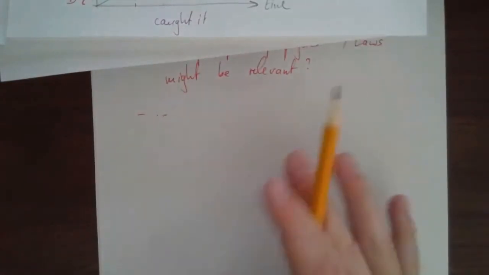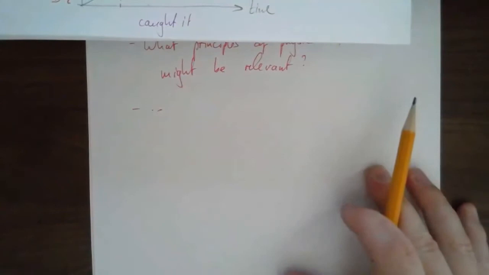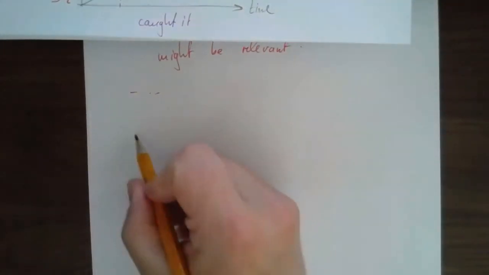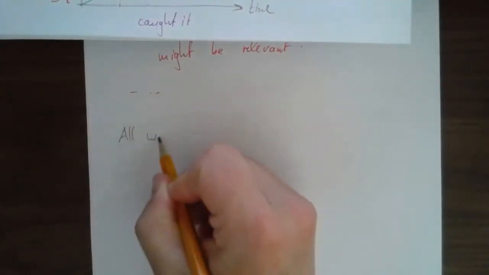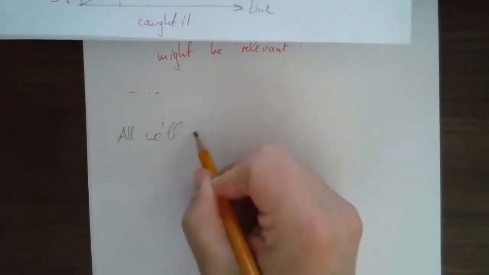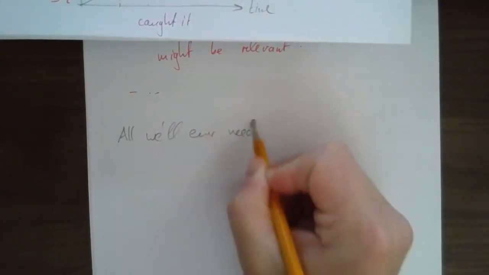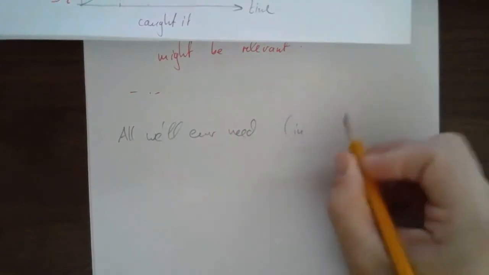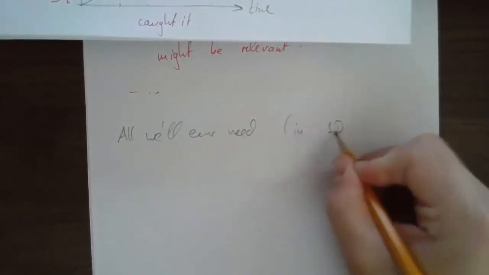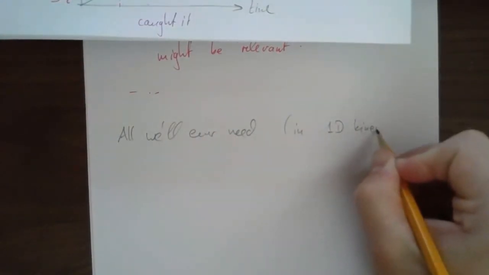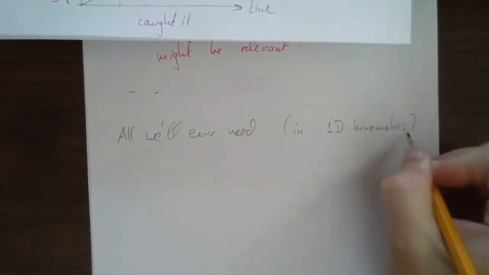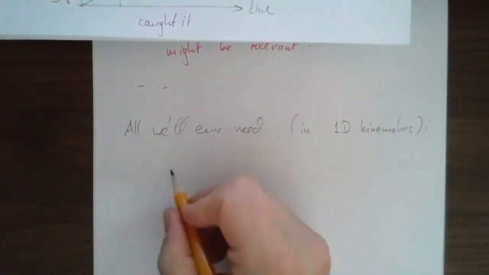But in terms of the relationships between motion, all we'll ever need, in 1D kinematics, although to some extent also in 2D kinematics, is: